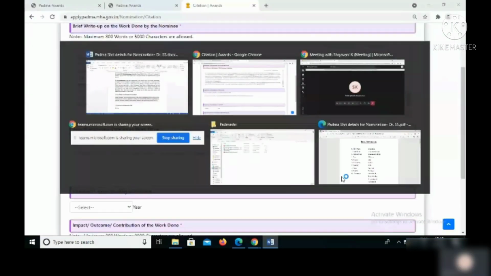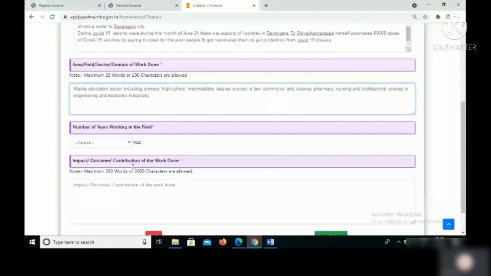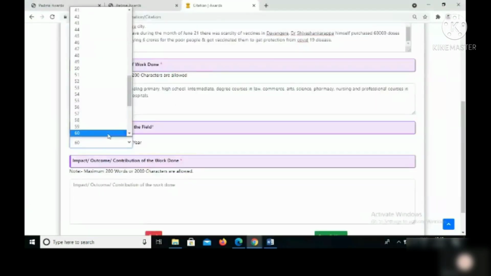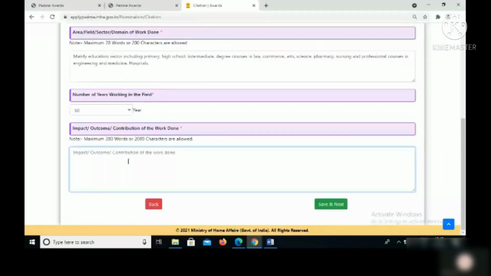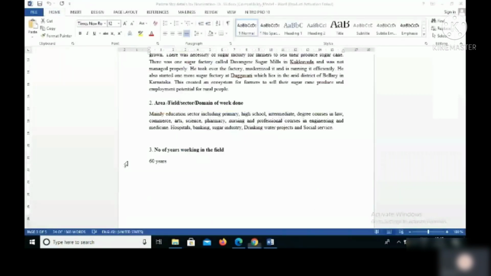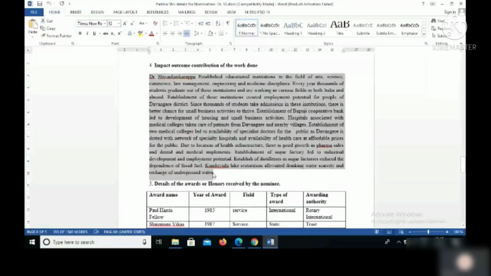Number of years working in the field, 60 years. Now click on save and next.